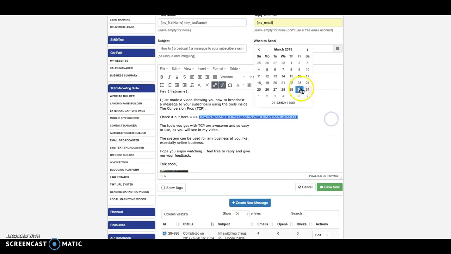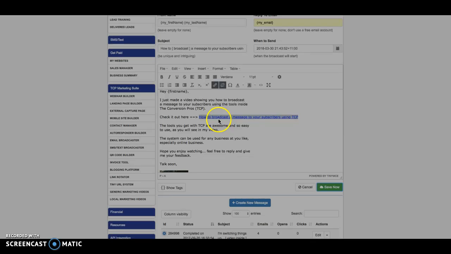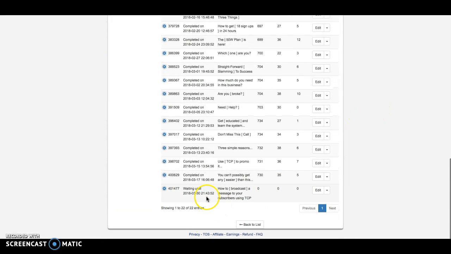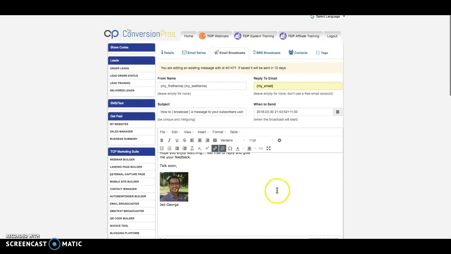So that's the 30th of the 3rd, 2018. Save. And that's it, done. If you scroll to the bottom, it's in the queue, waiting till the 30th before it sends. And that is how you send a broadcast message to your subscriber list